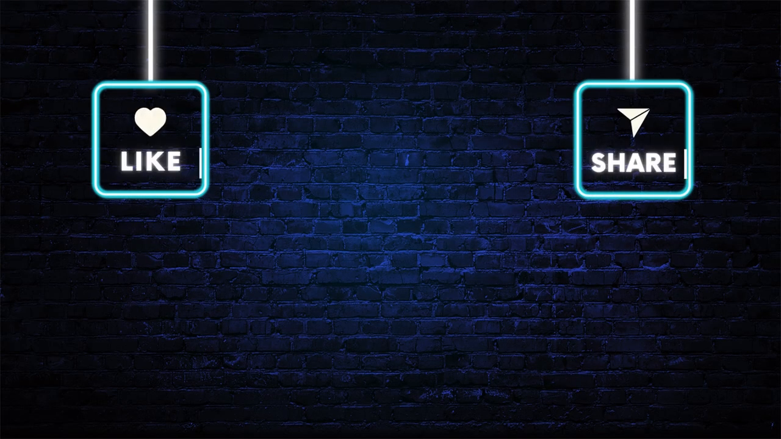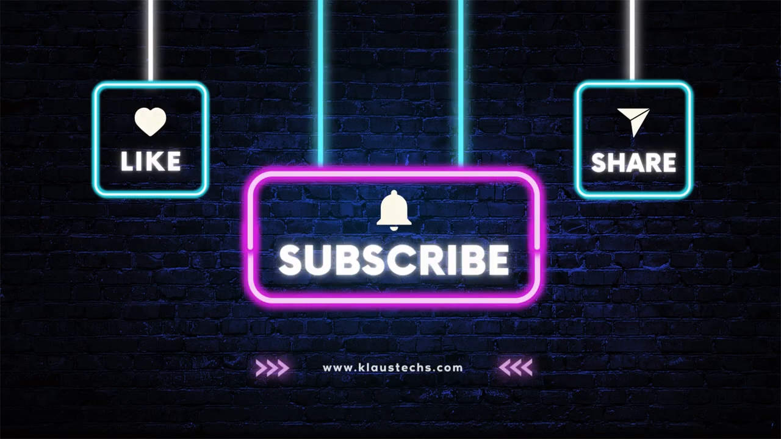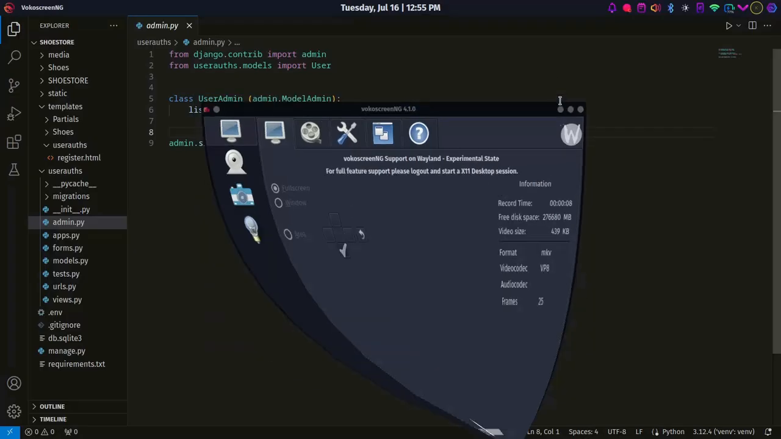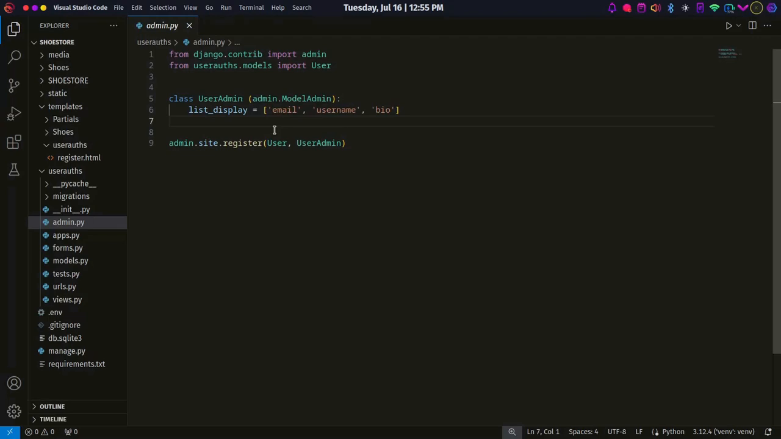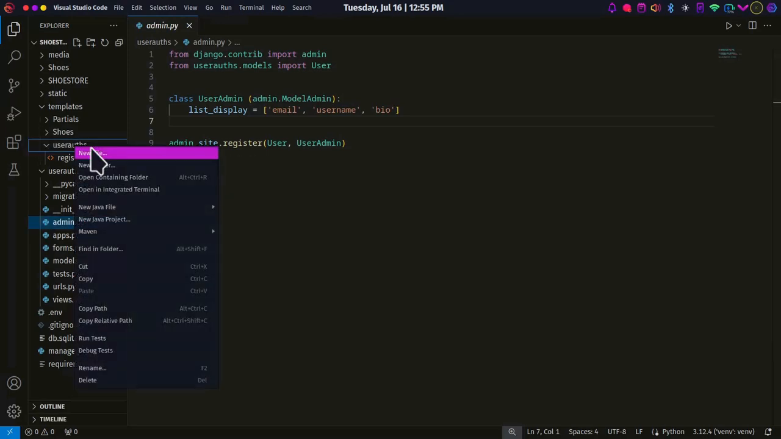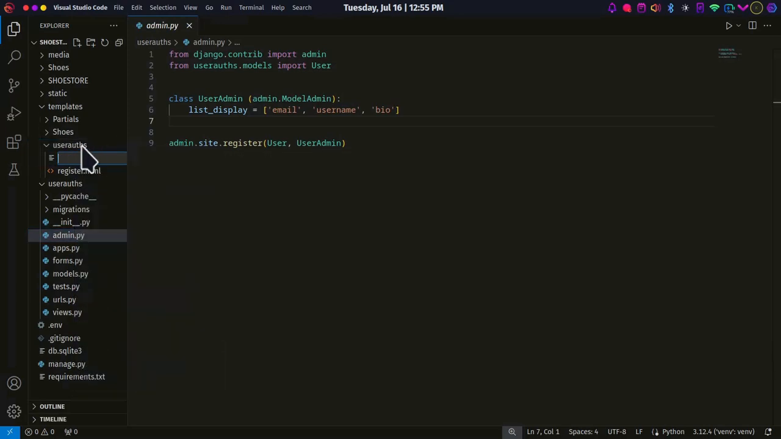Hi guys. So previously we implemented the register functionality and it worked very well. So in this tutorial, what I want us to do is to implement the login functionality. To do that, it's very simple. We'll start by creating a login page. So just on our folder user auth, just create a login page. So it's login.html